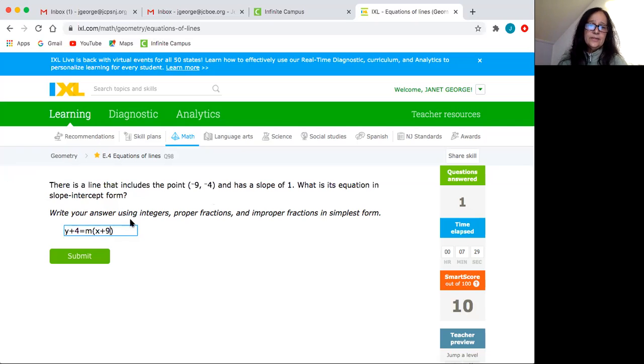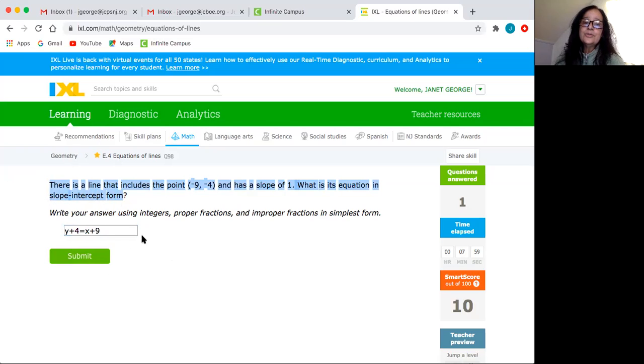All right, and this slope is 1. Okay, so you can replace it with 1. So now when you multiply 1 times whatever number, it stays that number. So I can just take out the 1, and now I have y plus 4 equals x plus 9, but we need to have it in slope-intercept form,